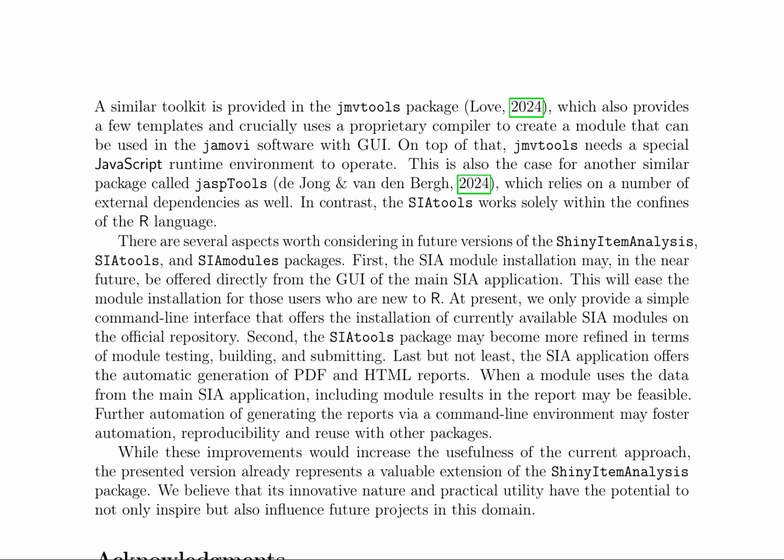Future versions of the ShinyItemAnalysis, SIAtools, and SIAmodules packages are expected to include direct module installation from the GUI of the main SIA application, further refining module testing, building, and submitting, and possibly incorporating module results into automatic reports. The presented version already represents a valuable extension of the ShinyItemAnalysis package, with potential to inspire and influence future projects